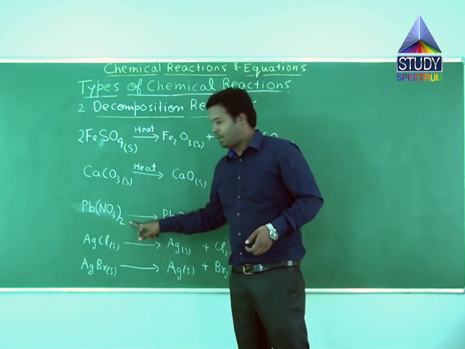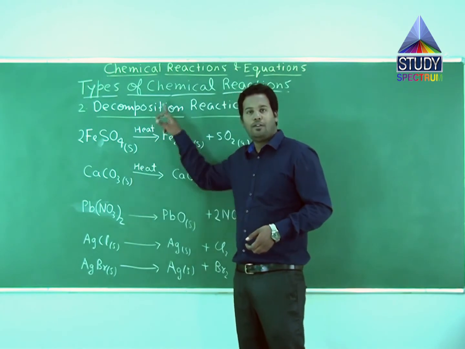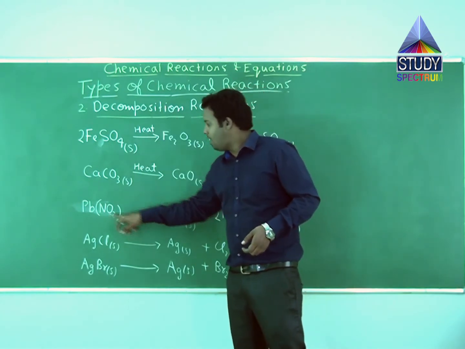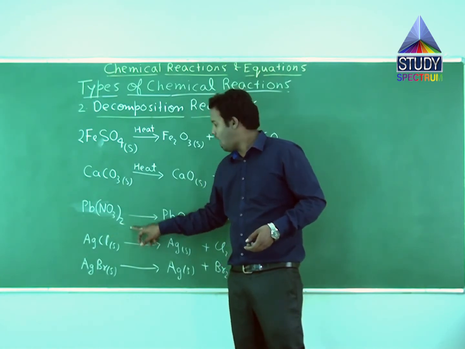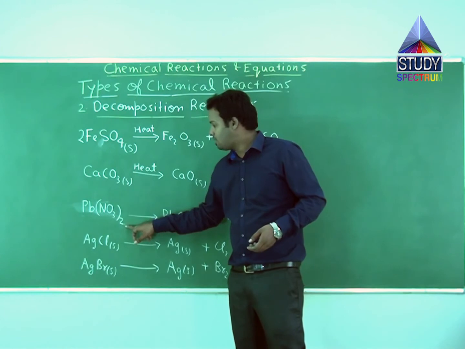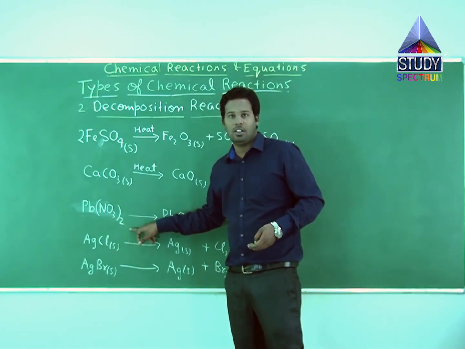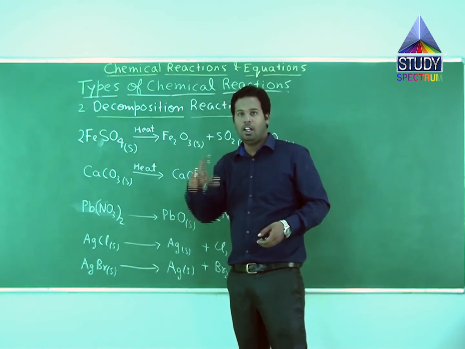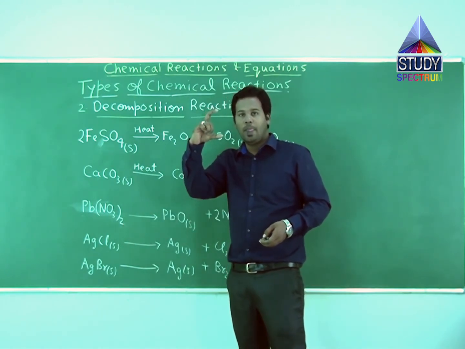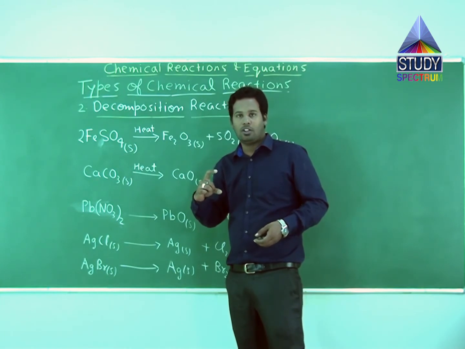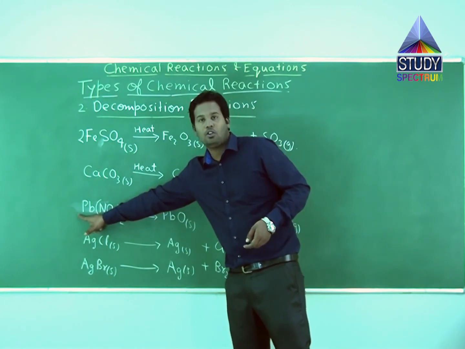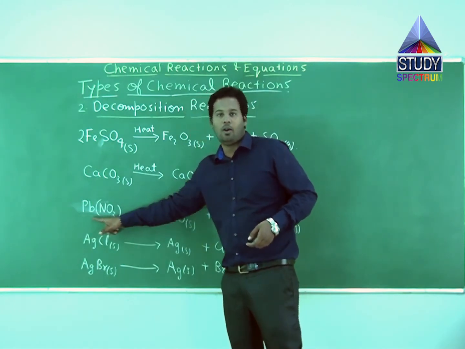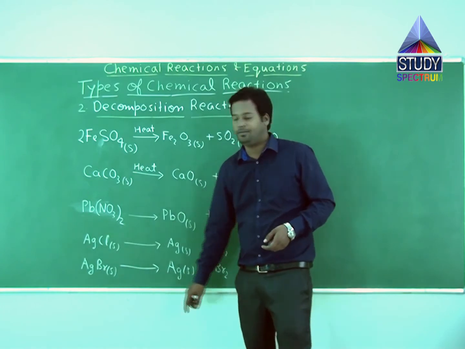In this single reactant, as an example of decomposition reaction, we have one stoichiometric coefficient of lead nitrate, Pb(NO3)2, and 3 into 2, that is 6, as the suffix of oxygen. See, this O3 is repeated 2 times. It means O3, O3. The above O3 also contains 3 oxygen, and the below O3 also contains 3 oxygen. It means in total it has 6 oxygen, and since the stoichiometric coefficient is 1, the number of oxygen atoms on the reactant side or LHS will be 1 into 6, that is 6.